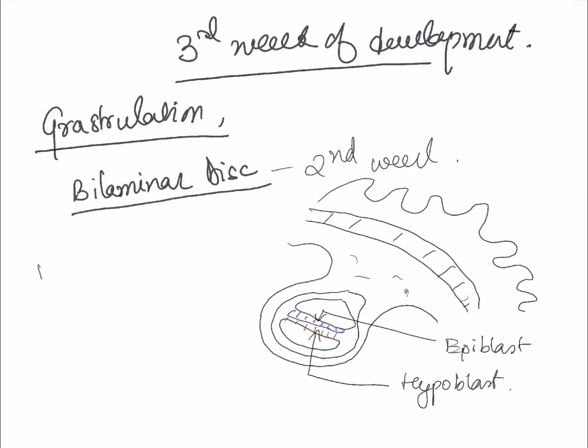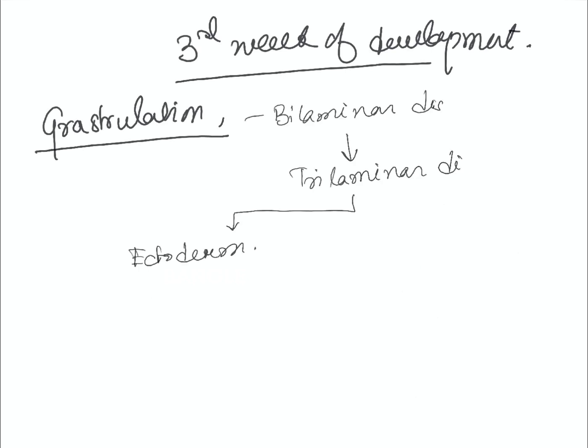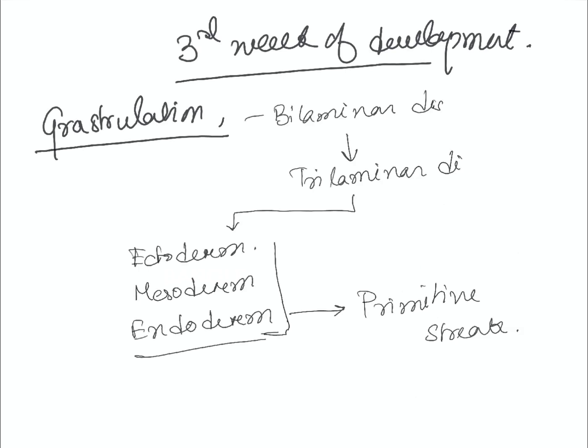So what is the bilaminar disc? You know that it was discussed in the second week. In that situation there were two layers, that is the epiblast and the hypoblast, and the development of the trophoblast and the embryoblast. In gastrulation, the bilaminar disc is transformed into the trilaminar disc, that is the ectoderm, mesoderm and the endoderm,